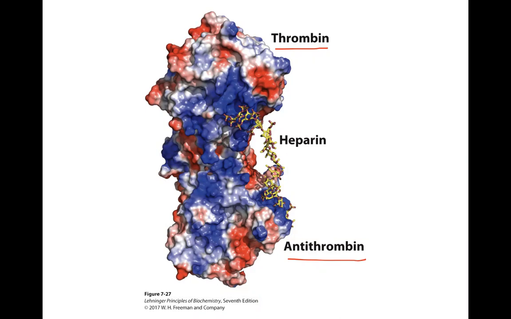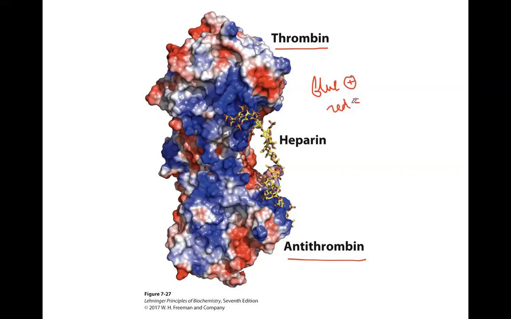a protein shown on a screen, always look for the blue and red regions. So blue regions mean positively charged regions. Red regions mean negatively charged regions on the protein. So blue, positive. Red,